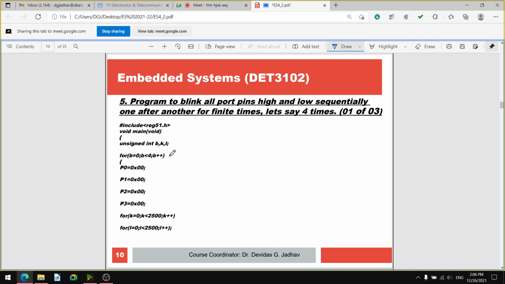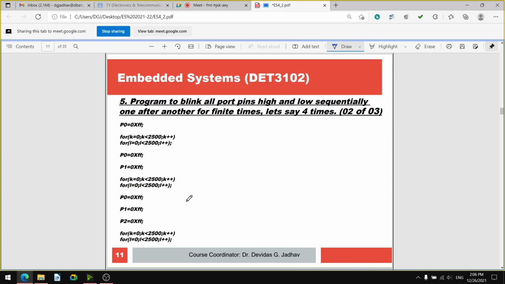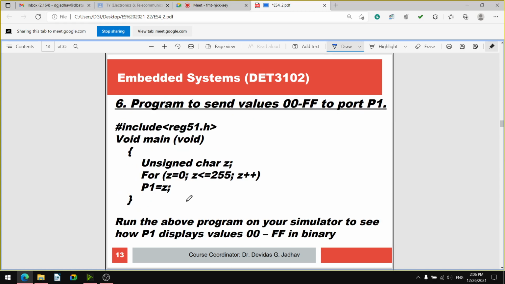So this for loop we have to use. Just like one or two variables, three variables can also be defined. Other things we can do accordingly. Similarly, a continuous display of 00 to FF is also possible.